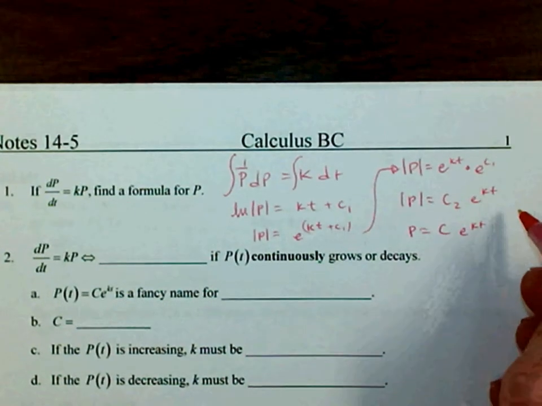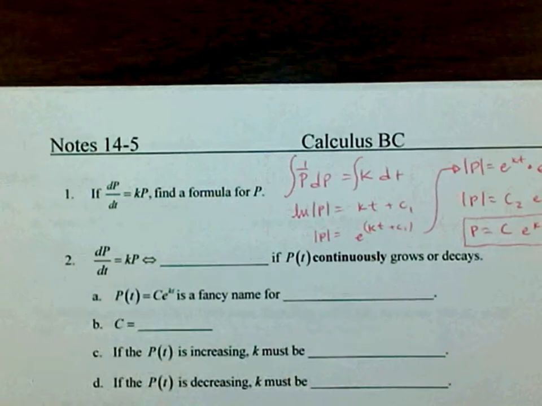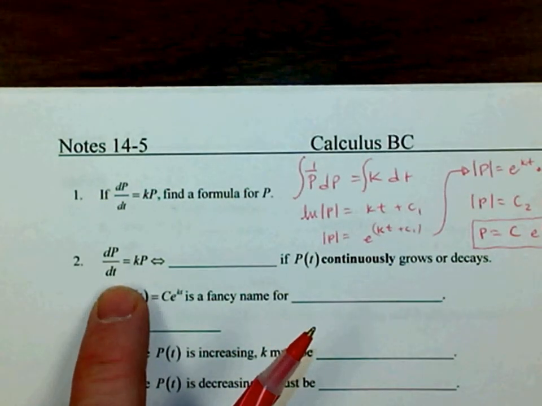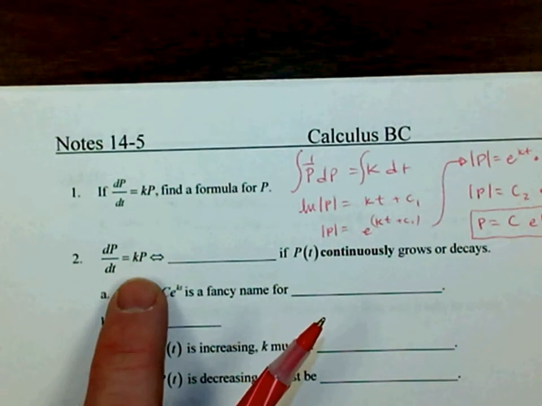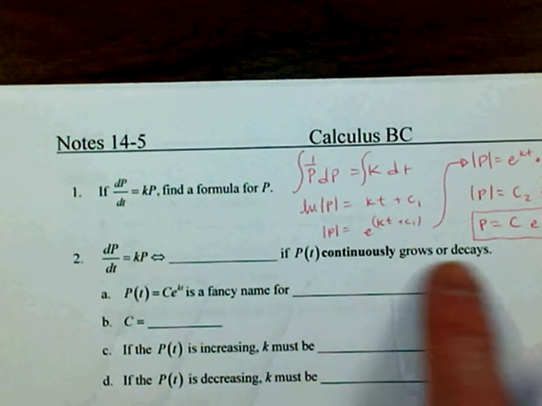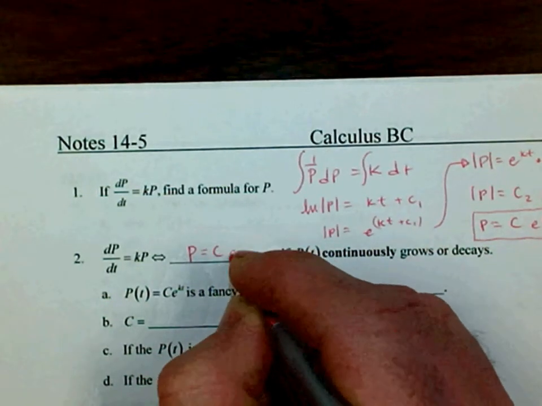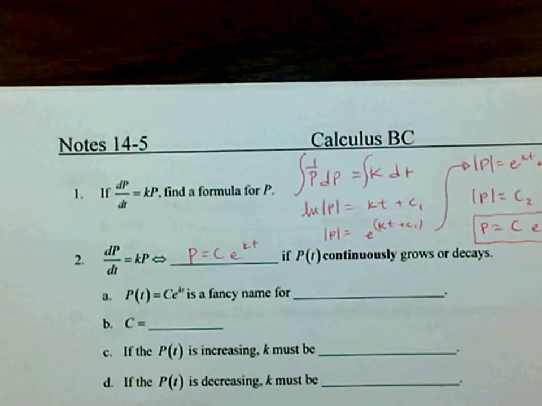Hopefully this looks a little bit familiar to you, but in essence what we're doing in this differential equation is showing that the rate at which P is changing is dependent on what the value of P is, and it gave us this formula, which again is pretty familiar. It's just the fancy way,